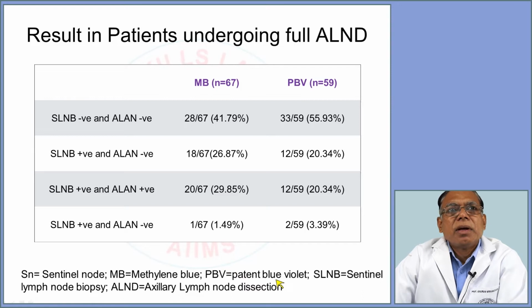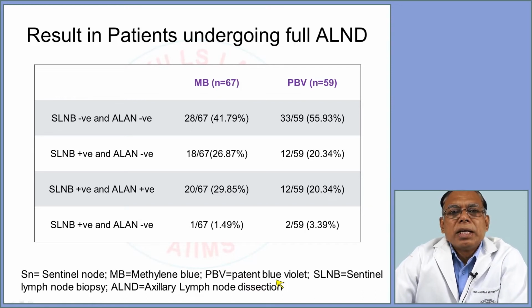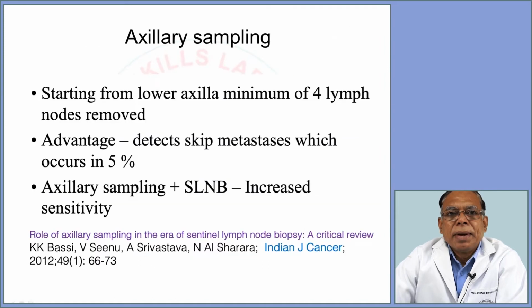So since then we are using methylene blue in our study, and we are popularizing the use of methylene blue in the low and middle income Asian countries, because it is easily available and quite affordable compared to more expensive patent blue. So axillary sampling is another alternative to evaluate axillary node involvement in patients presenting with clinically negative axilla,